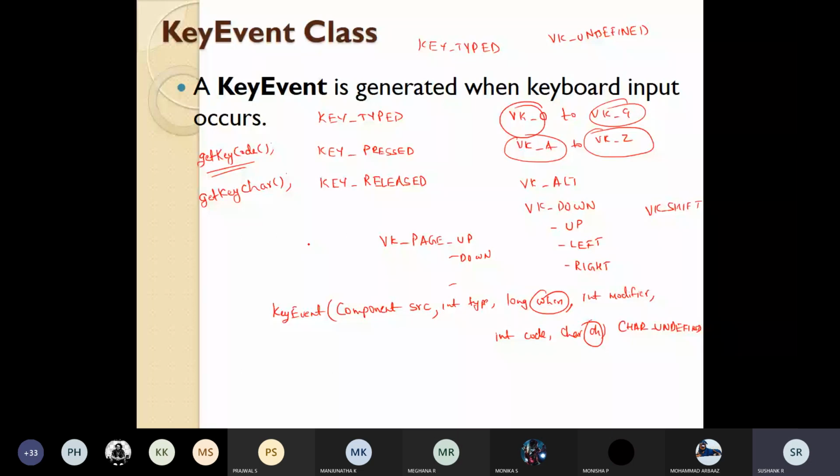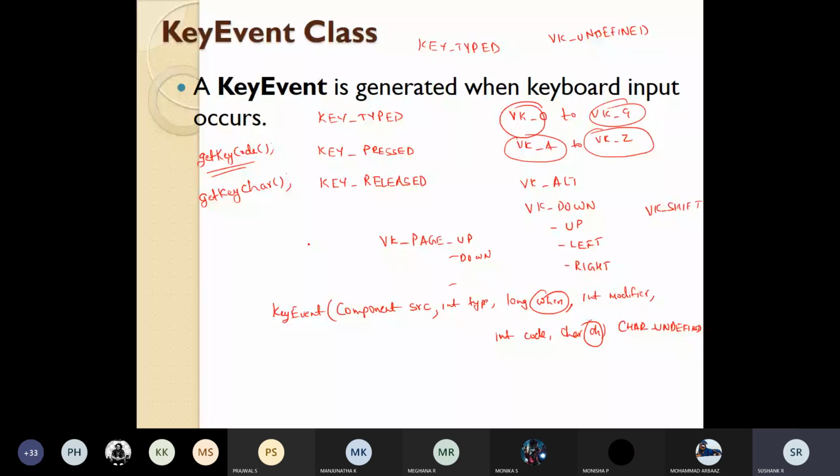The modifier indicates which modifier was pressed when the mouse event occurred. The coordinate positions of the mouse are given in terms of x and y. The click count will be inside the clicks parameter. And this trigger pop-up will tell if the event causes a pop-up menu to appear on the platform.